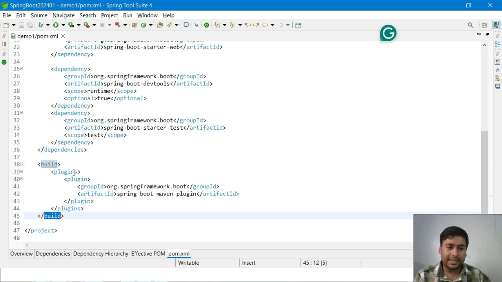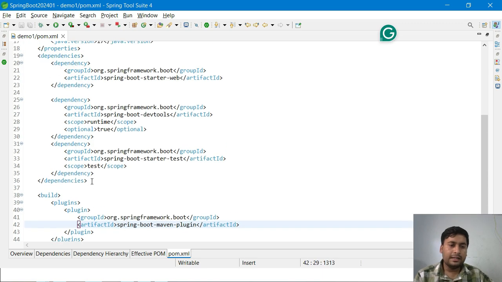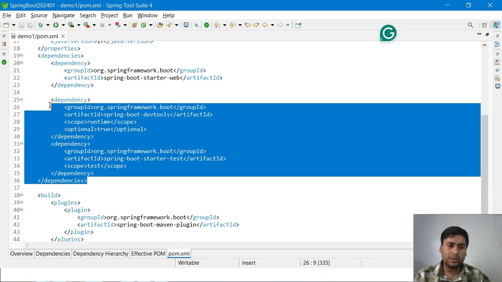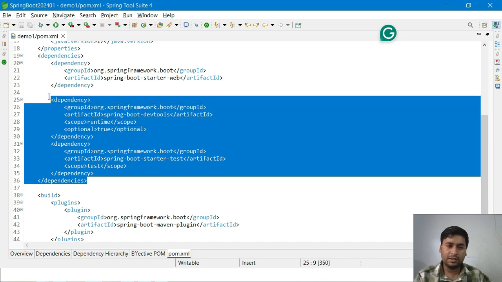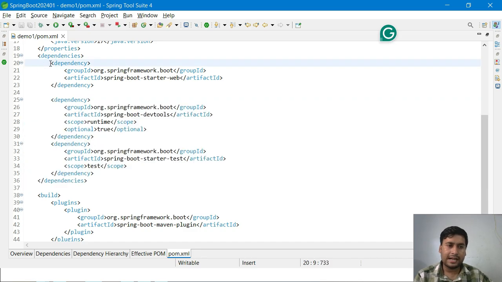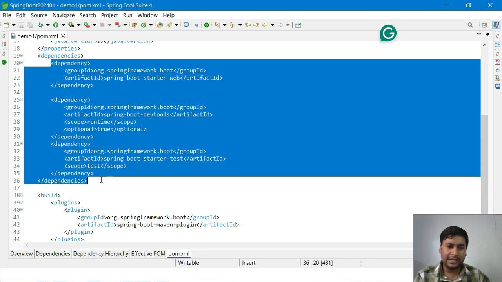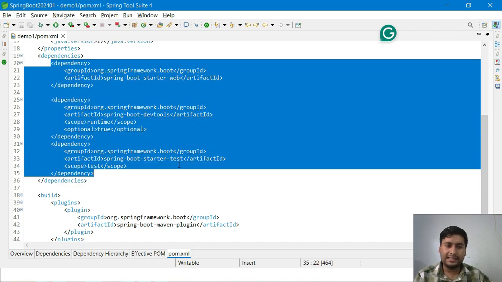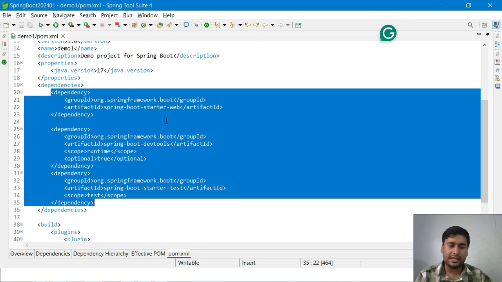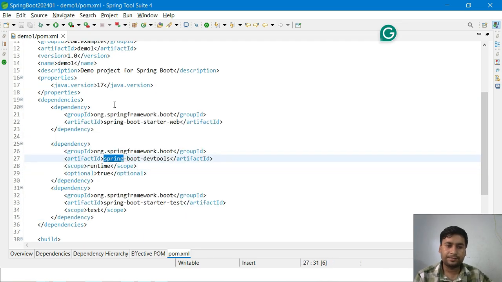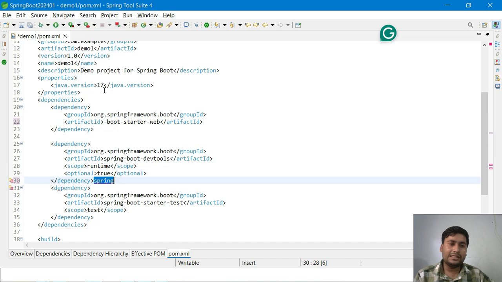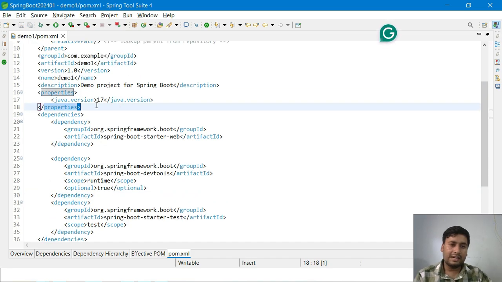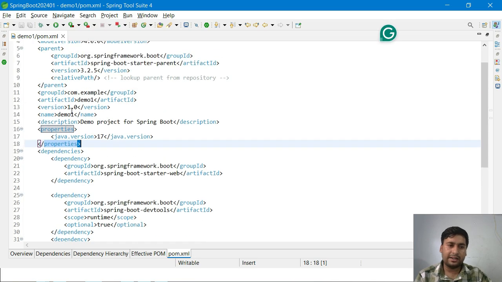The external dependencies we have used are these two, web and DevTools, and test. Test is automatically added. I have not added it, but it's automatically added. So we have added Spring Boot Starter Web and DevTools. We are using Java 17, which we have selected. This is the description of the project, the project name, the version of the project, the artifact name, which is the project name, and this is the group ID, which we have given as a package name, and this is the parent tag,